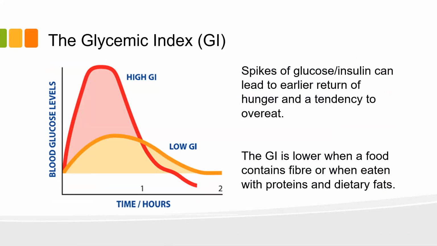So this is just a graphic showing the glycemic index. You can see the red one here is a high glycemic index food. So it breaks down and enters the blood really quickly and causes that sugar spike, whereas a low glycemic index food will be digested and take a couple of hours to do so. So it's the diabetics in particular that are concerned about the insulin spikes.